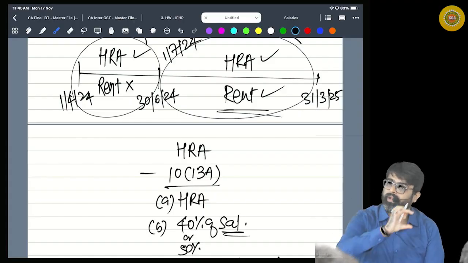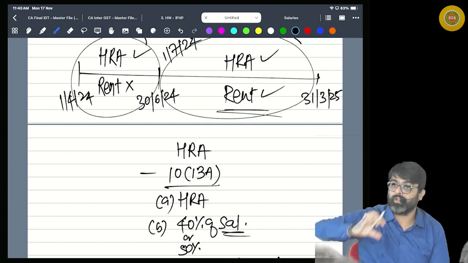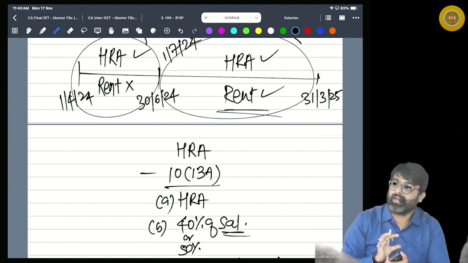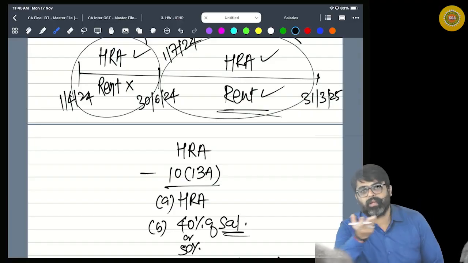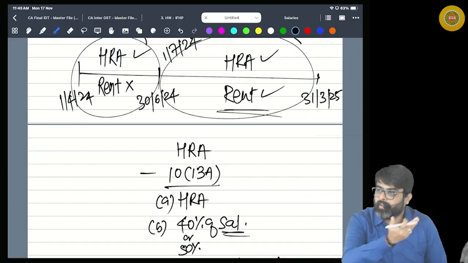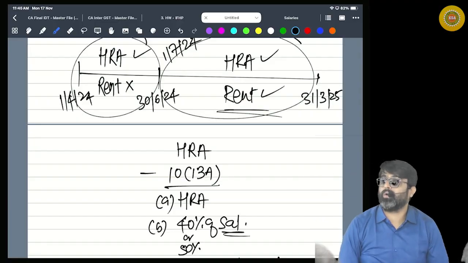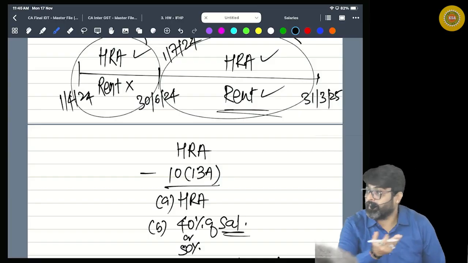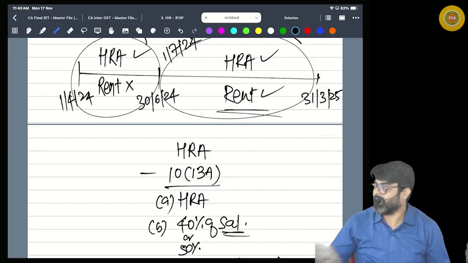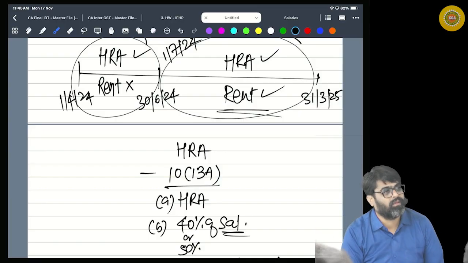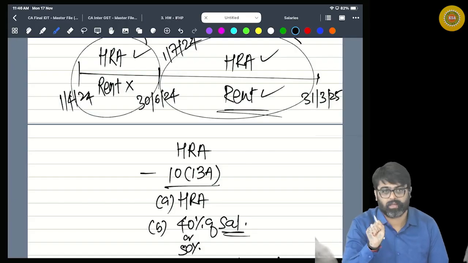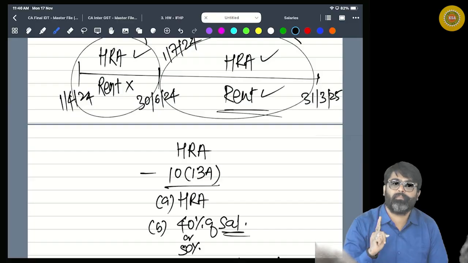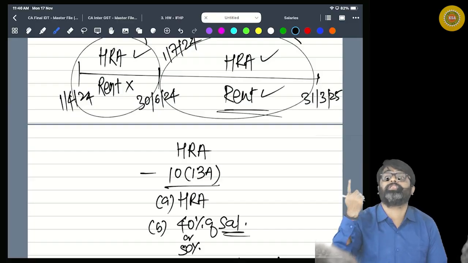So can you calculate the HRA exemption for the full period together? Yes, if the HRA amount is same, rent paid amount is same, rent is paid at the same location, and the salary for every month is same. In that case I will not have to calculate monthly. I will calculate for the full period together. Yes or no? But remember, if any of these 4 variables change